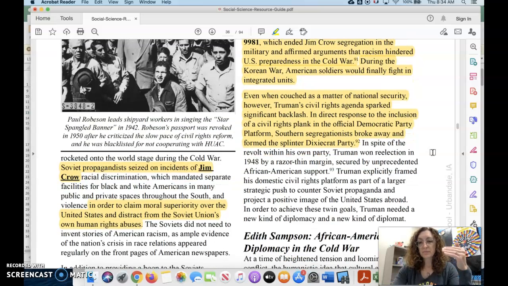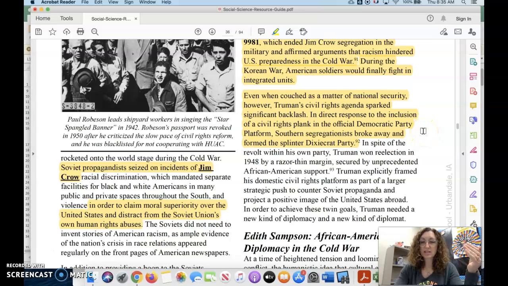So of course, this is not going to go well in the South in the United States. So he tries to put this in the frame of national security, which should appeal to conservatives. However, and actually it appealed to everyone, but however, in the South, the idea of desegregation was anathema to their beliefs. It was diametrically opposed to what they believed. So here's where we see the first real rift in the Democratic Party in the 1950s. Up to this point, the South was firmly Democratic. Now, if you guys pay attention to politics, you know that the South is very firmly Republican, very firmly red as opposed to blue. This is the reason why this begins to split.